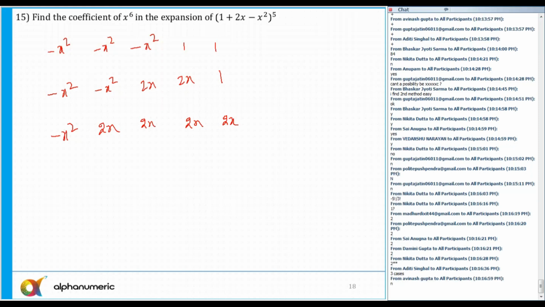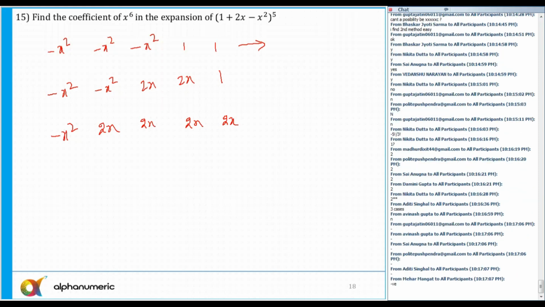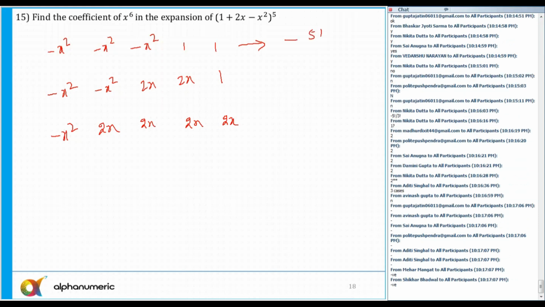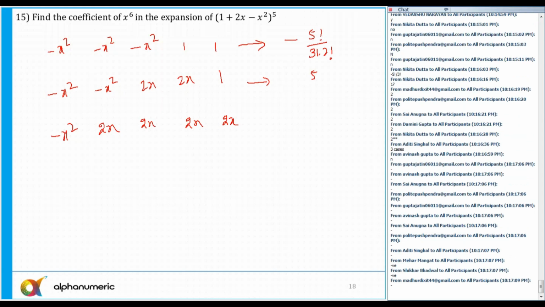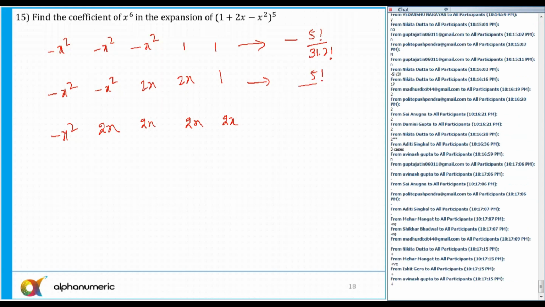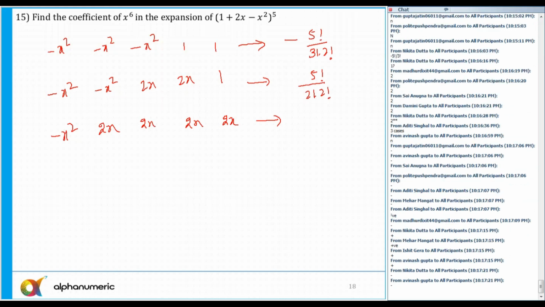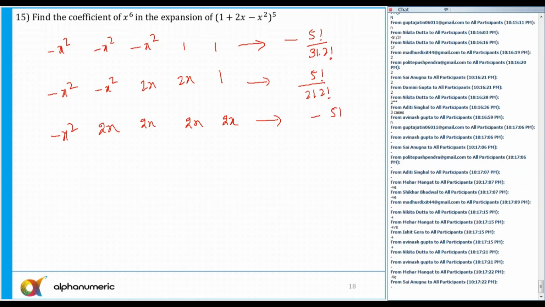No, these are the only 3 possibilities. Now, in the first case, you need to be careful whether the product is positive or negative. Negative. And that is factorial 5 by factorial 3 into factorial 2. Second case, positive, but factorial 5 by factorial 2 into factorial 2. Third case, negative. So minus 5 factorial upon